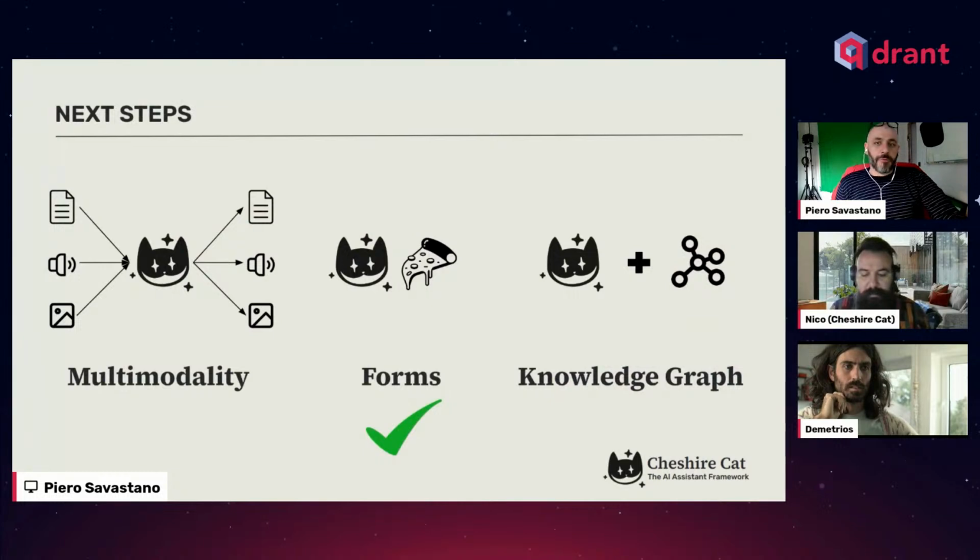For the future, we plan to add multimodality. At the moment, we are text only, but there are plugins to generate images, but we want to have images and sounds natively in the framework. We already accomplished the conversational forms. I hope in a later talk we can speak in more detail about this because it's really cool. And we want to integrate a knowledge graph into the framework so we can play with both sub-symbolic vector representations and symbolic network ones, like linked data, for example, Wikidata. This stuff is going to be really interesting, we think.